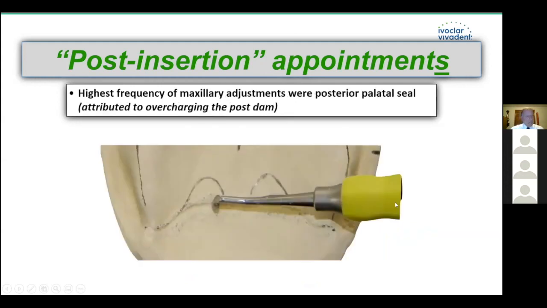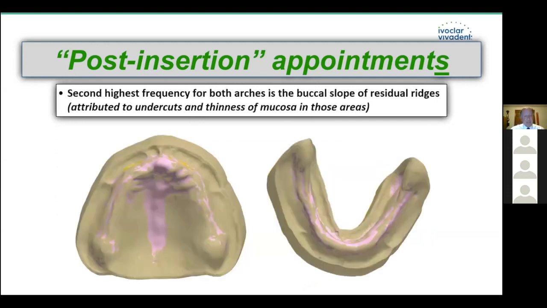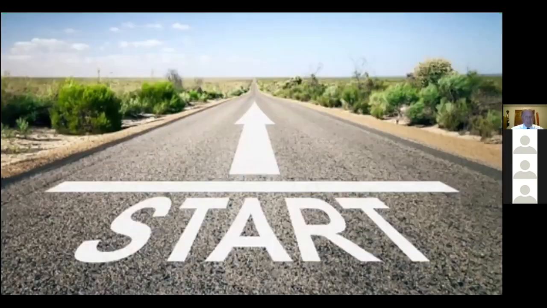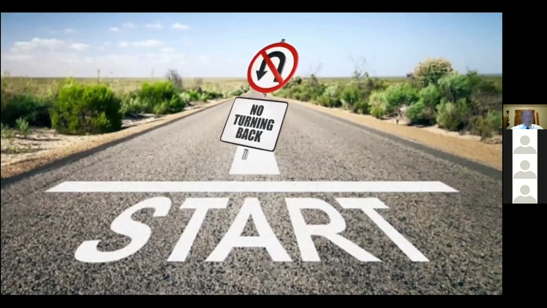Highest frequency of maxillary adjustments were posterior palatal seal. So don't do a posterior palatal seal. You're going to save yourself potential adjustments. The second highest frequencies of both arches were the gentle, the softer, thinner tissues around the ridge crests. And as I mentioned, with this relief, I'd love to see you participate in it or discuss it with the laboratory. You will save sore spots, patient discomfort, frustration, post-insertion visits, et cetera. So I've gone through that a little quickly because I know we're getting a little short on time, but I promise you,